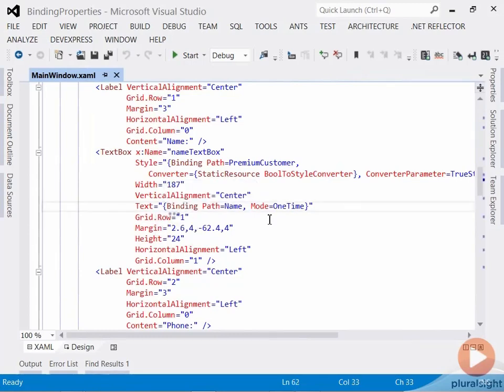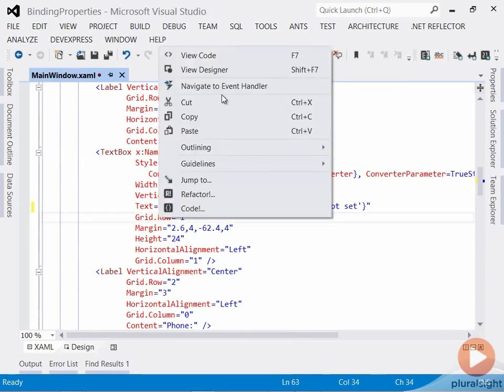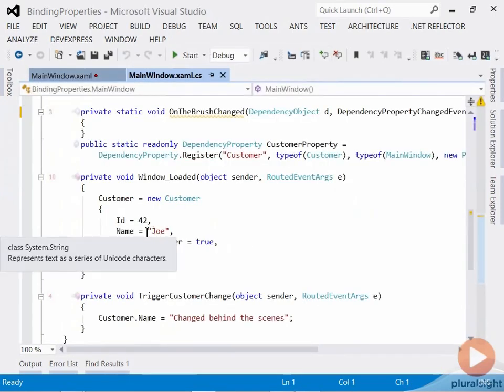We'll go to its text binding here for name, get rid of the mode one time here, and we'll say TargetNullValue equals "not set". What TargetNullValue means, the name is a little misleading there. It's really if the source value is null, then what is the value you want to set on the target instead of null? So if we go to the code behind, to the point where we're setting the name, and